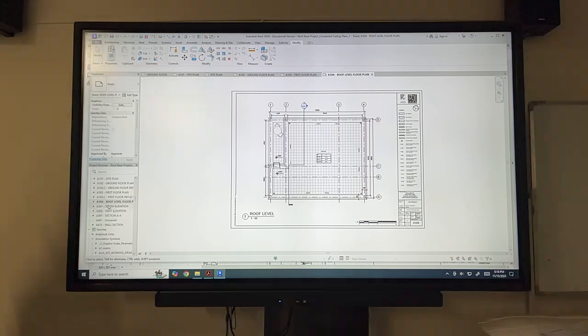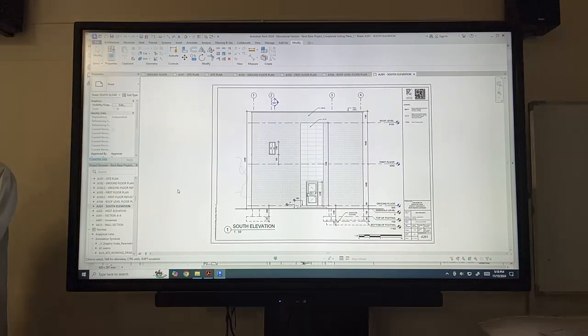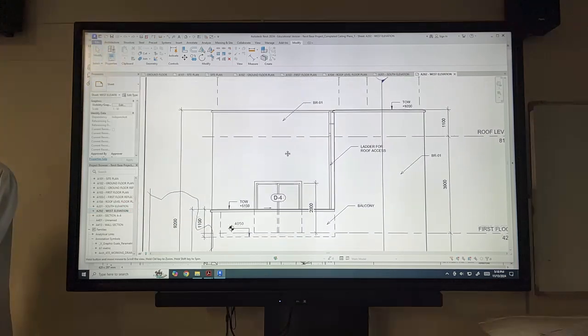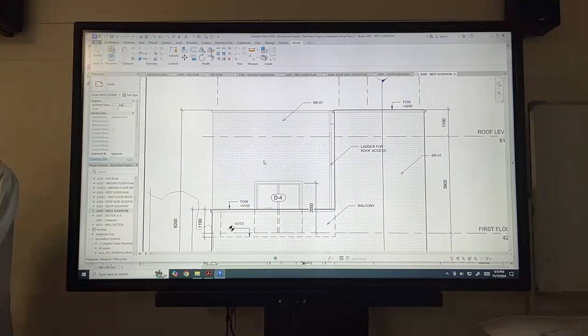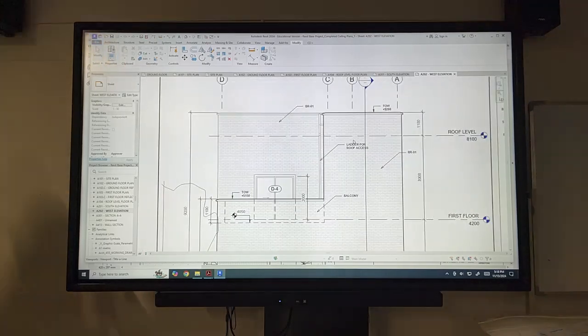Okay, next, elevations. Elevations, there's a couple of things. Some of you still didn't really get the line weights right. So to get the line weights with the depth right, there's a couple of things we can do. Okay. First,